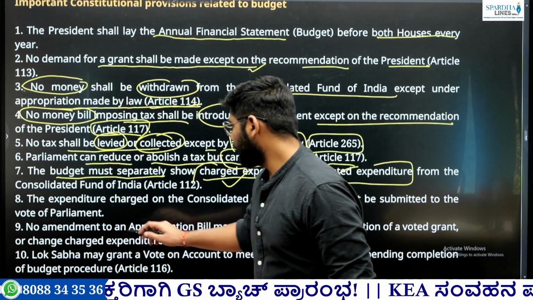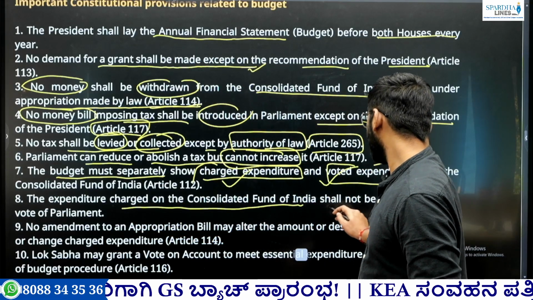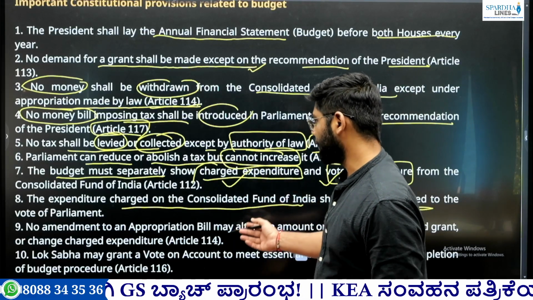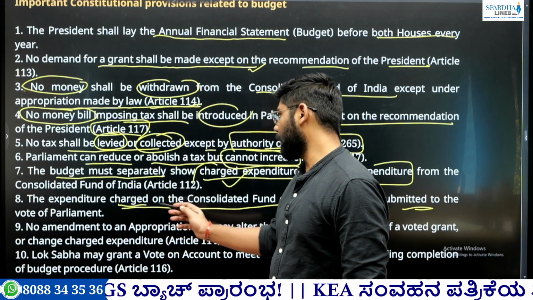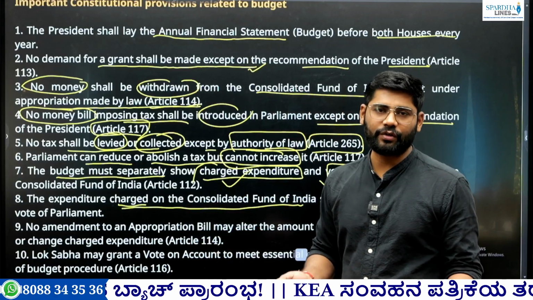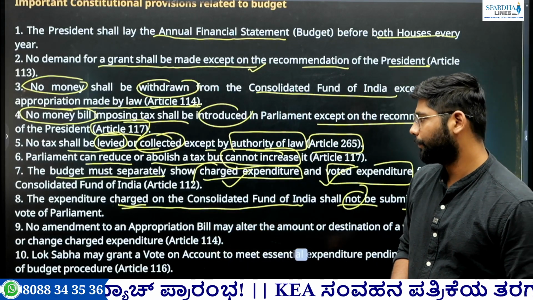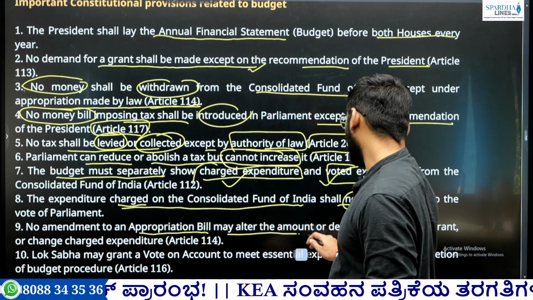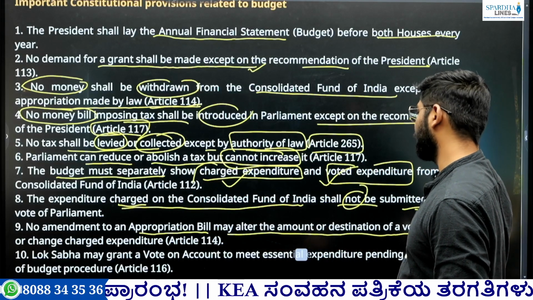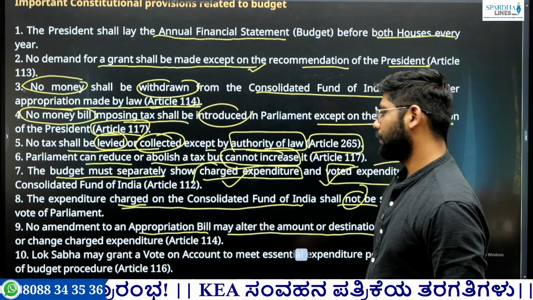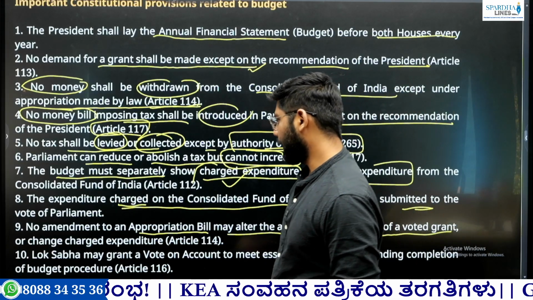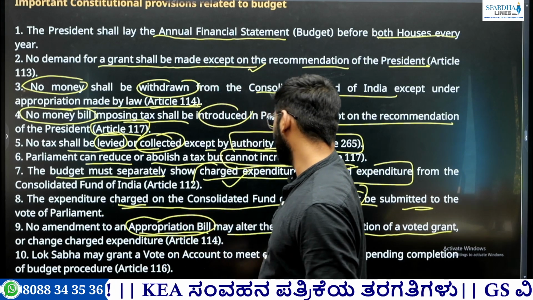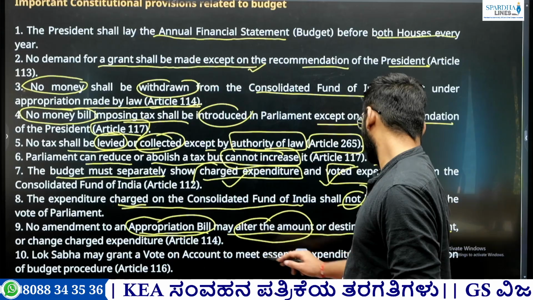Then, the expenditure charged on the Consolidated Fund of India shall not be submitted to the vote of Parliament. This is what I was telling. These are charged expenditure. Salary, allowance, pension of the Supreme Court judge is one example. Okay, then no amendment to the Appropriation Bill may alter the amount or destination of voted grant or the charged expenditure. So there cannot be an amendment to this Appropriation Bill which alters the amount or destination